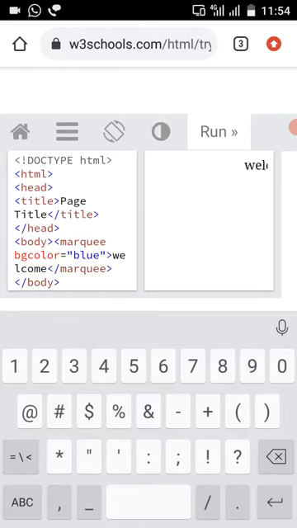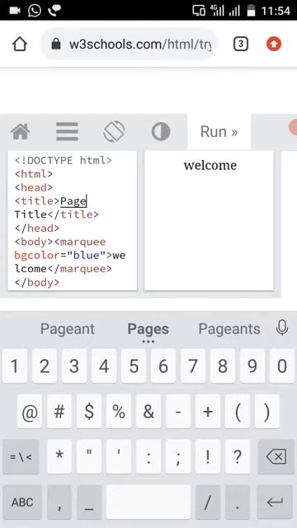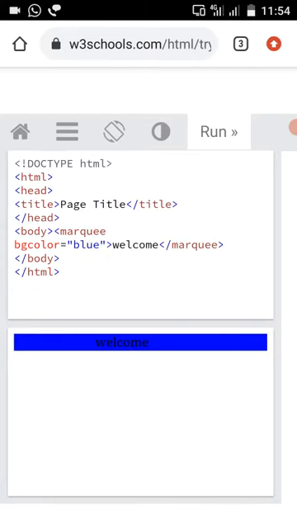Now we can run this program. Let us see what will happen. Whatever text I have written in the marquee is going to be scrolled on the blue background.